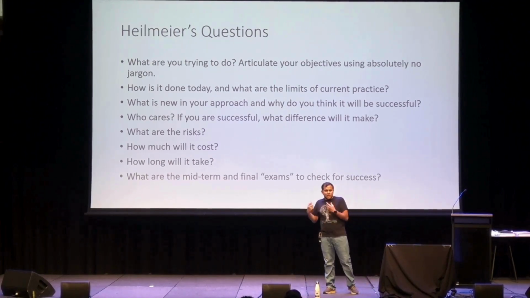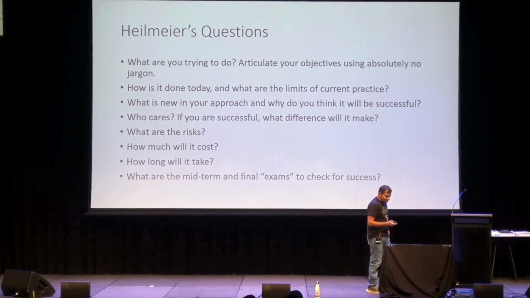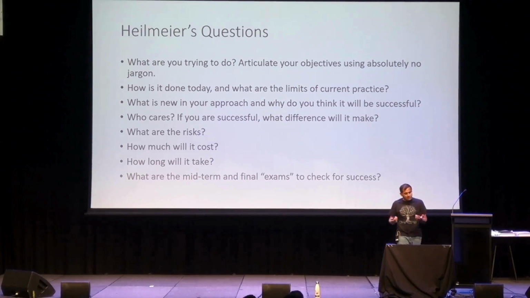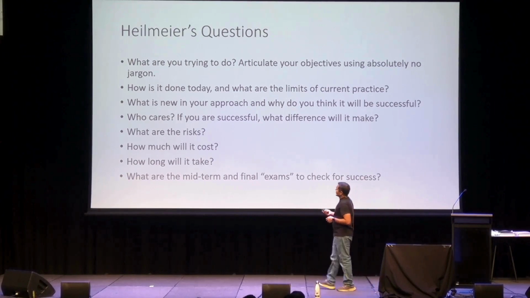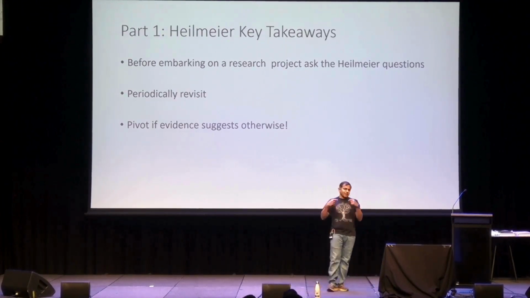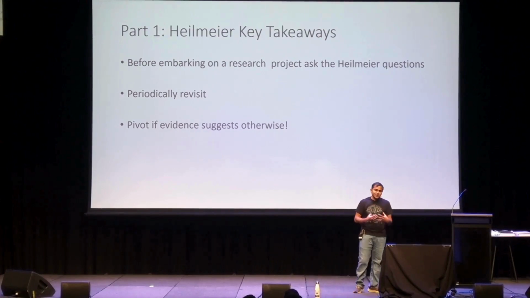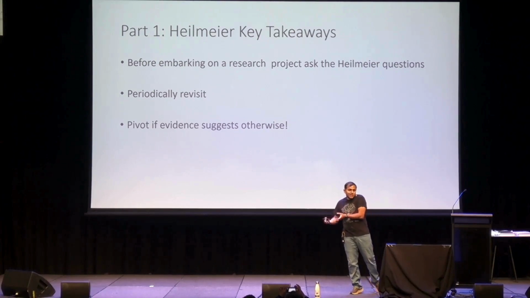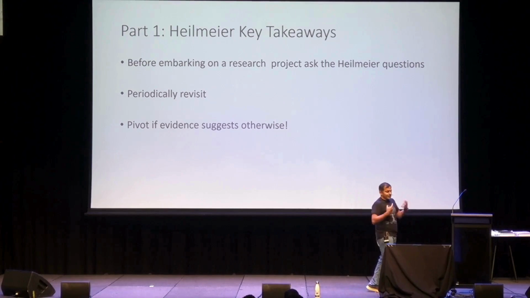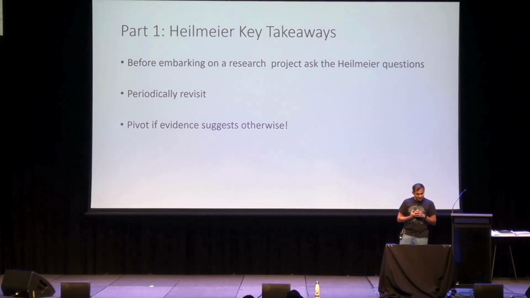So people start talking about what am I working on, right? I'm very excited to talk about what you're working on, but you sometimes forget who cares about your approach, what is the problem statement, what is new in your approach, what is the status quo. That's actually a template for articulating the goals of your problem statement. So this to me is the first step of any research before embarking on any research project: ask yourself the Heilmeier questions. And I'm guilty of this too, right? You get excited about doing stuff, and then you start talking about jargon, like BGP, NFV, SDN, and all this jargon, you actually forget the crux of the issue of what you're actually trying to work on. And why it's interesting, why it is cool, why is it better than the state of the art.